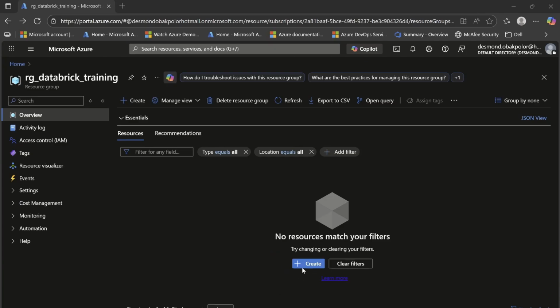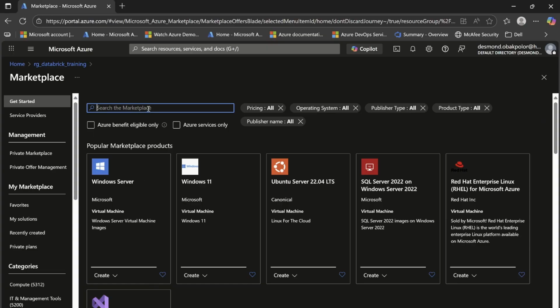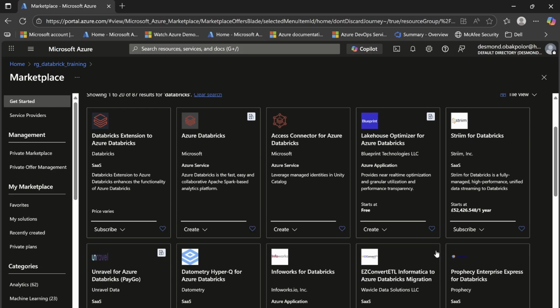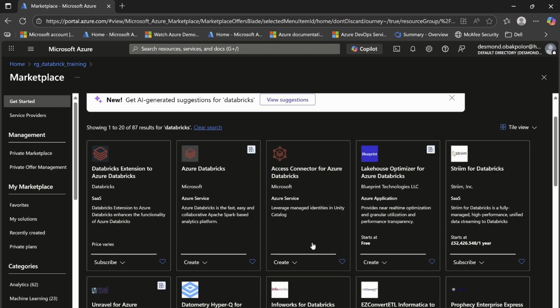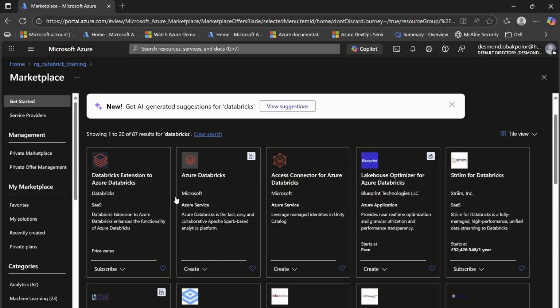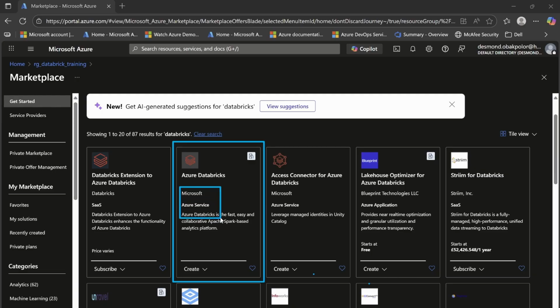So I would click on create, and then I can search for the Azure service that I want to provision. In our case, we're looking at Databricks. So just be mindful because this is a marketplace, so other third-party providers have their services here. Make sure that you are provisioning a Microsoft service. Here in the middle we have our Databricks, and this belongs to Microsoft. So that is the one that we are going to be provisioning. So then let's click on create